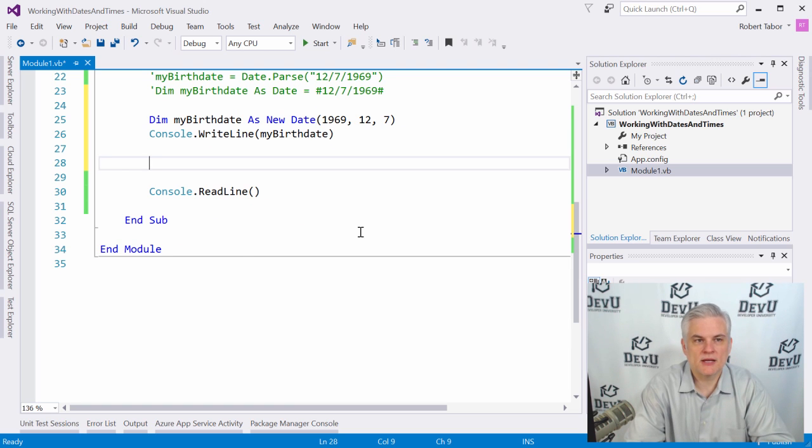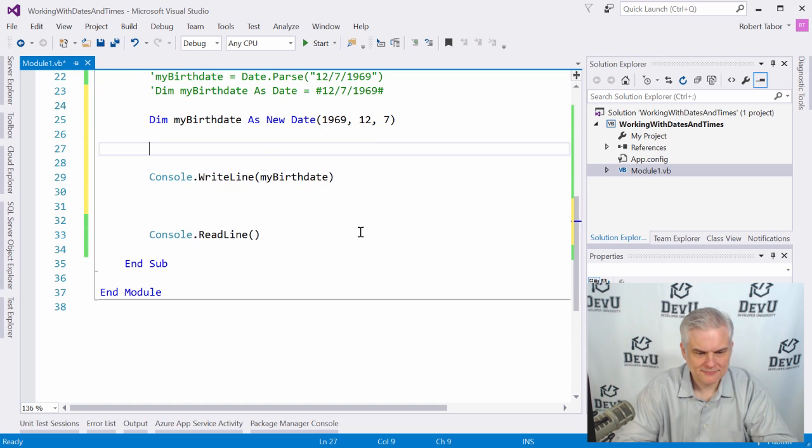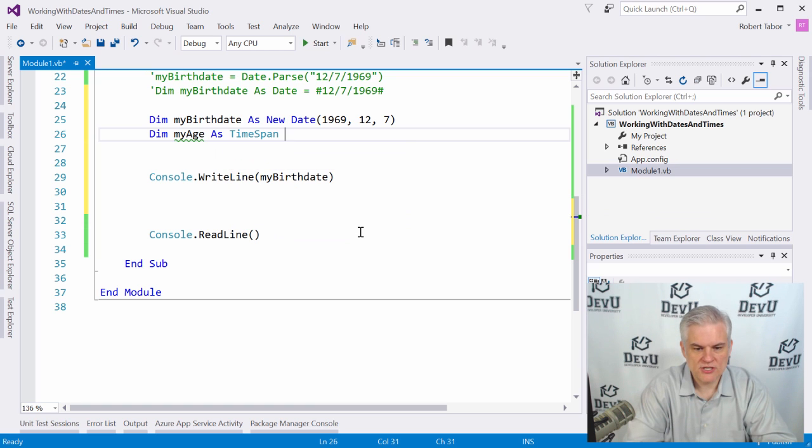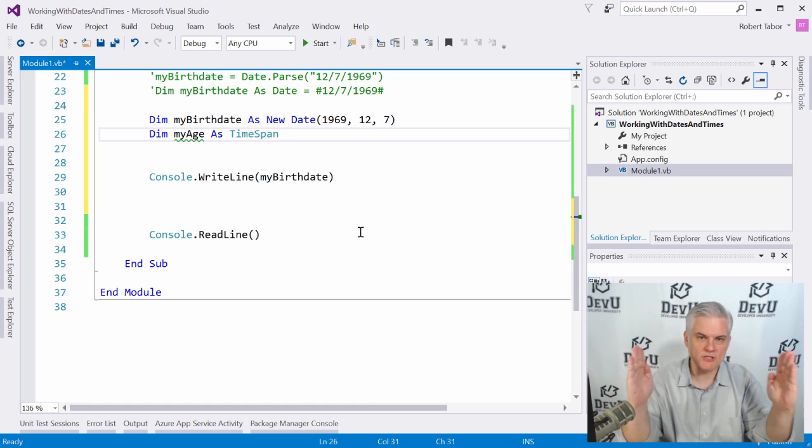We're working with, at least in form of a date, how long something took or how long something will take. So if I have my birth date, then I can also calculate my age as a time span. So here's a new data type that represents a span of time, not a date, but the time between two